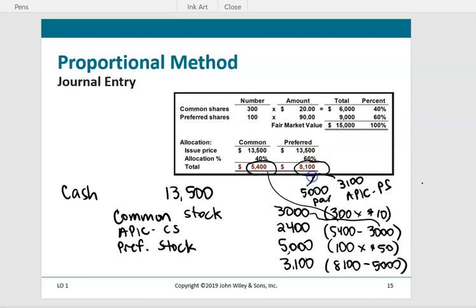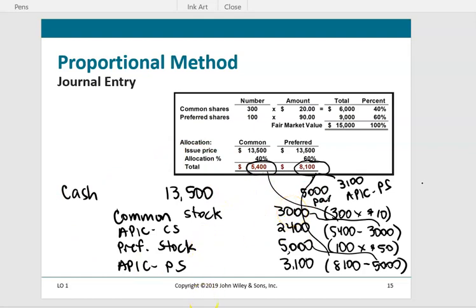And again, the 8,100 is from there, and the 5,000 is what we have here. And this goes into the account additional paid-in capital, preferred stock. And now our debits equal our credits, and we've properly accounted for the cash proceeds of 13,500 for common stock